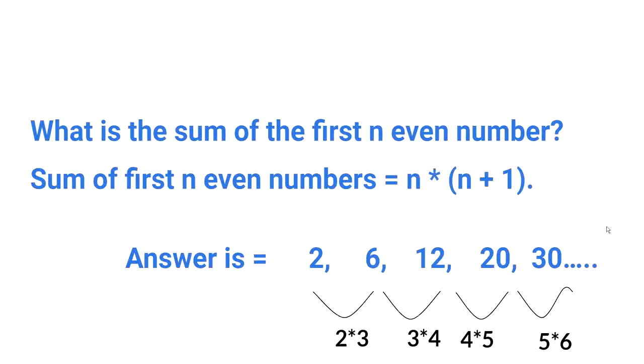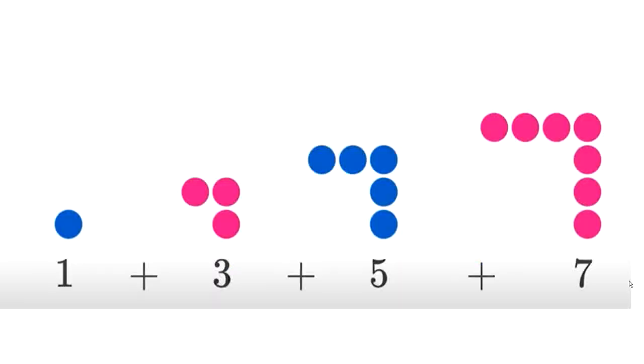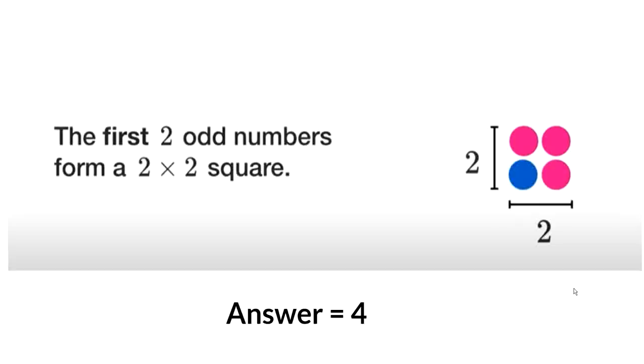So this is how you need to understand the relationship between the numbers. You have to make a connection. So now I think you would be able to understand how you can form a connection between these numbers. So you can now form another thing, how you can find out the sum of odd numbers. The same thing, you just form a pattern. 1 plus 3 and 5 and 7. This is the first 4 odd numbers. Okay. So let's see the answer.